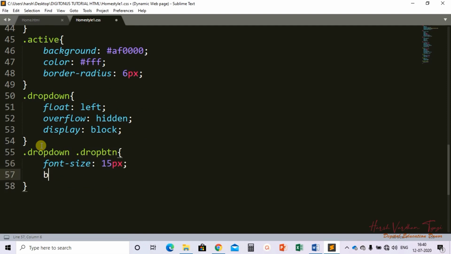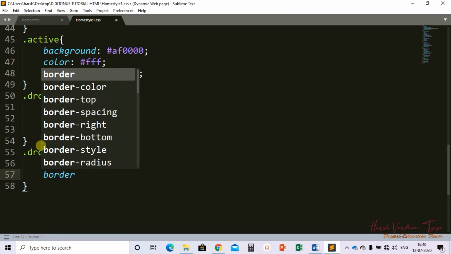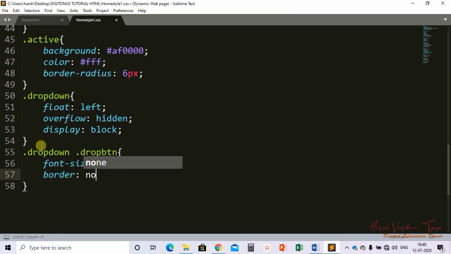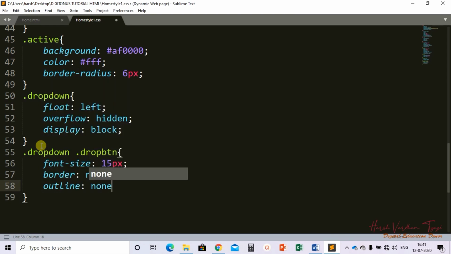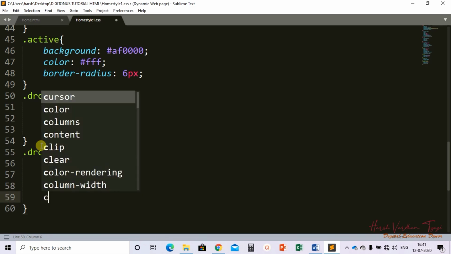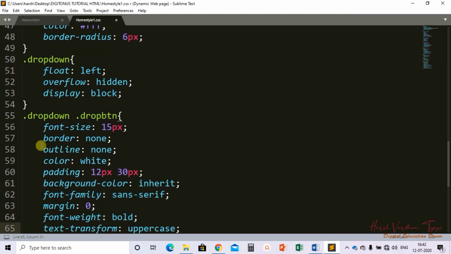I want border, no border, none, outline, none, color, which color we want, white color, I am writing white simply, all pixels and uppercase.